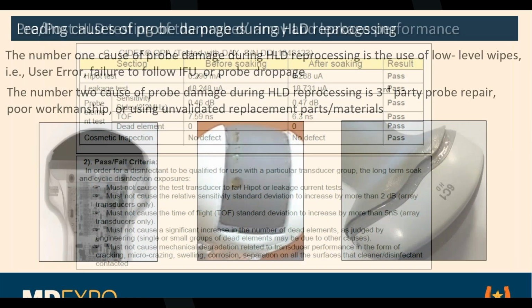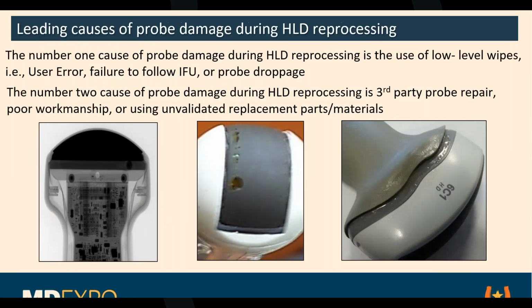As a matter of fact, it's mandatory for transesophageal probes. So here it is. The number one cause of probe damage during an HLD, automated reprocessing, is the use of low-level wipes, i.e. user error, failure to follow IFU, or probe droppage. And a couple of those, okay, so how does that happen? Well, the